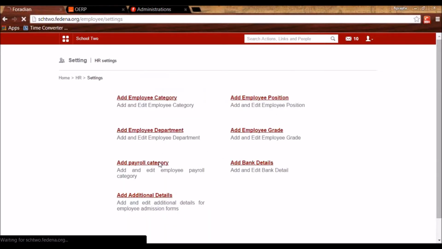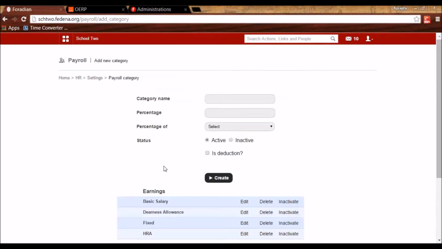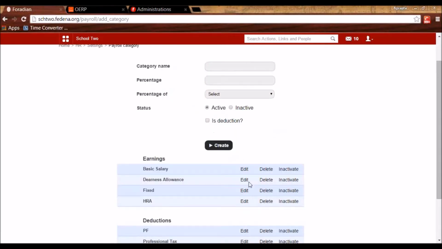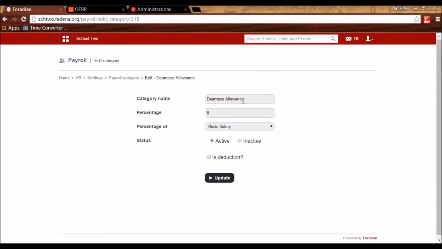Then the payroll category. The payroll categories are the earnings and the deductions that you see in the payslip of the employee. For example, I have a category called basic salary. The percentage and percentage of field, I've left it blank because basic salary is an independent component. And since it is an earning, I'm not checking this. So like this, I've created another category, let's say XYZ, which is 8% of basic salary.